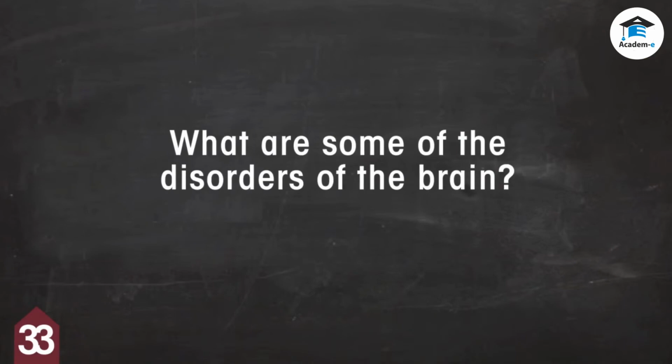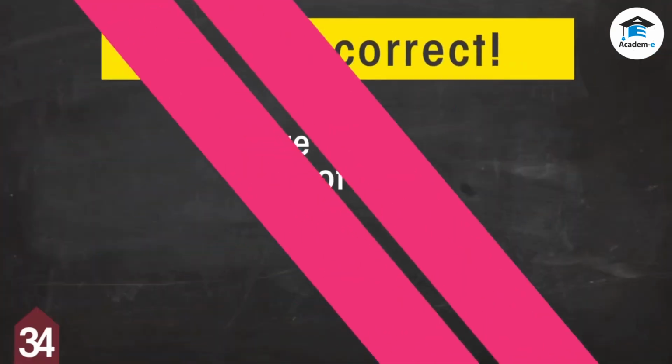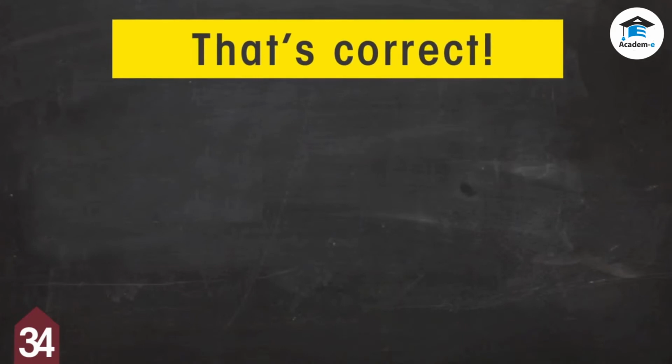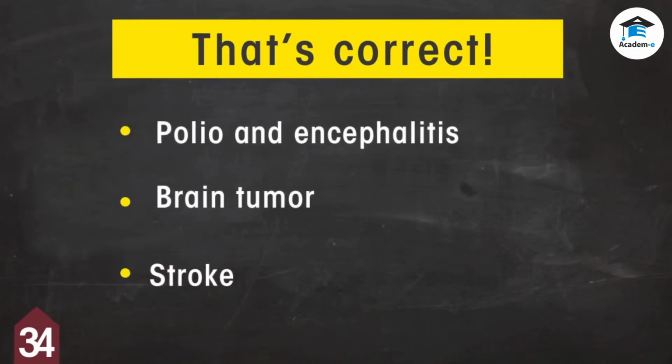What are some of the disorders of the brain? That's correct. Examples of brain disorders include polio and encephalitis, brain tumor, stroke,